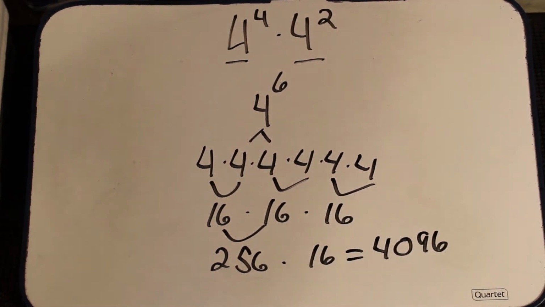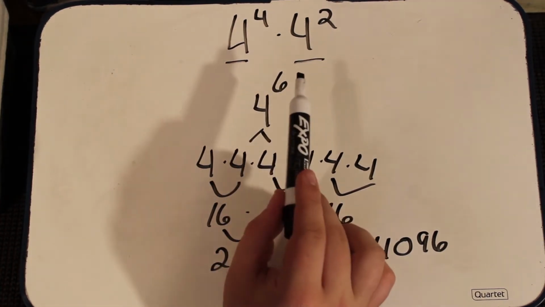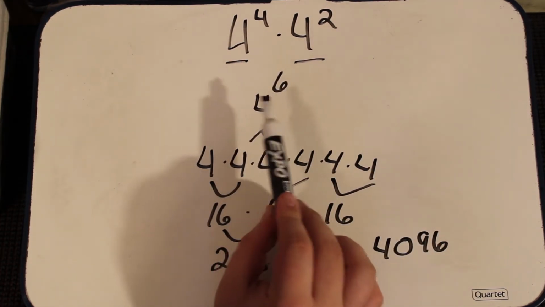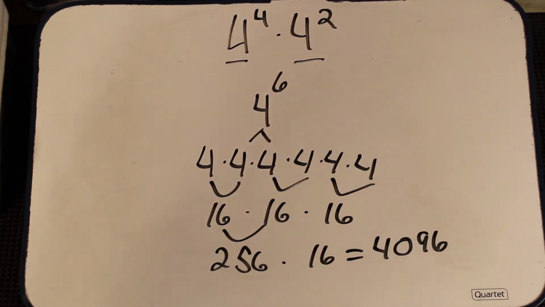4,096. So let's recap what we just did. We had 2 terms that had the same base, different exponents, and we combined them to one term with one exponent. And then we broke it down and multiplied. Alternatively, and probably ideally, you'll just put it in your calculator, but this is another way you can do it. We broke it down, we paired it off, we multiplied it out, and we got a final answer of